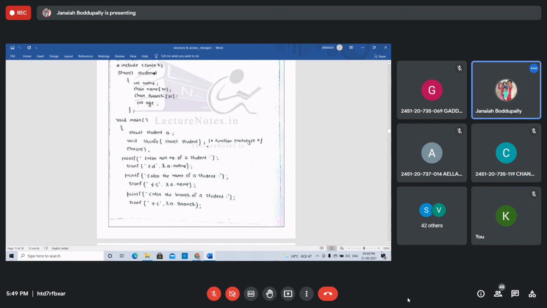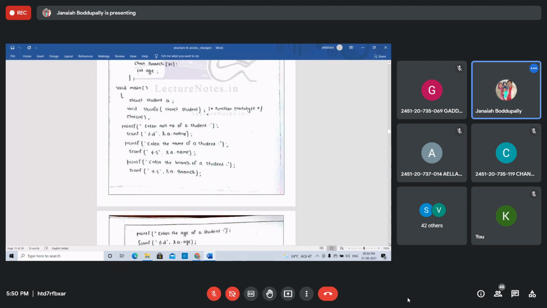If you pass the entire structure, see this: the void stu info is the total structure. Here, in the function prototype, struct student, you are passing the structure as an argument. Structure is one of the arguments. This is the structure, struct student. These are the arguments. Students, are you getting it? Whenever you want to pass the structure members into the function, the arguments are the structure elements. Here you want to pass the entire structure to the function. In the prototype, pass the complete structure, struct student. Do you understand, students?